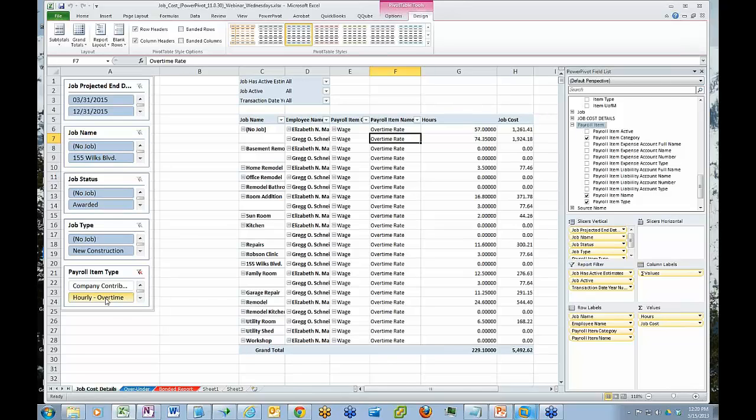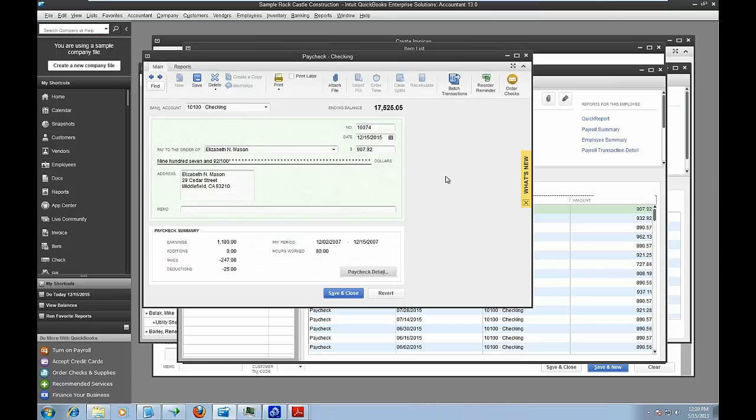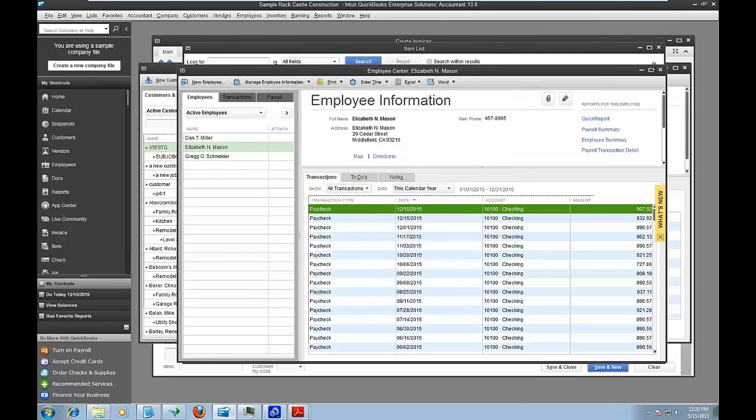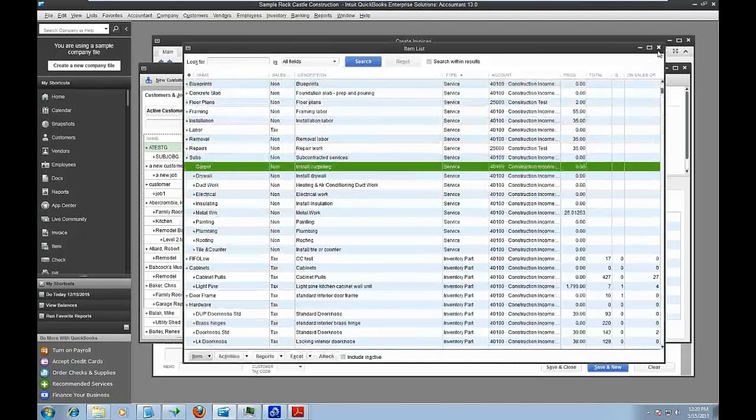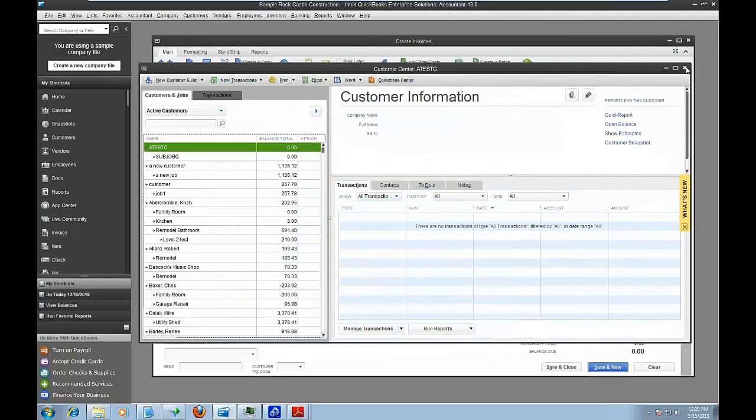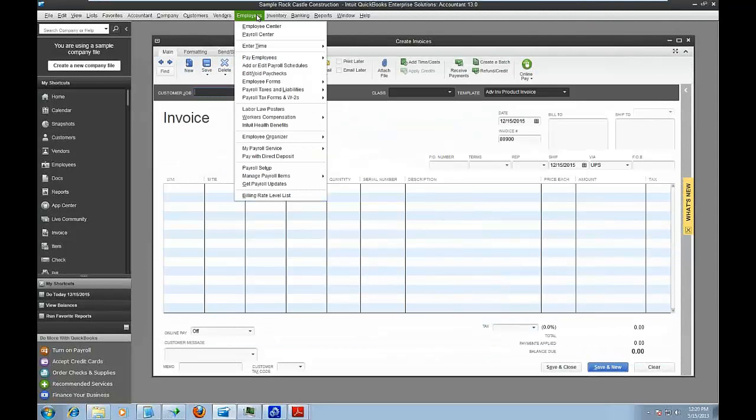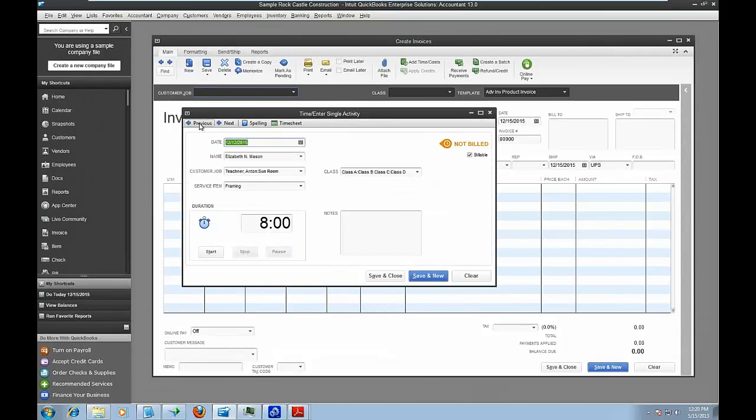Okay. All right, one last thing before I take any questions here. Last one has to do with payroll and time tracking. And this is probably one of the most common questions we get asked, and yet it is the most common misperception. When you enter time for an employee, and you have checked off in QuickBooks that you use a timesheet for your paycheck,